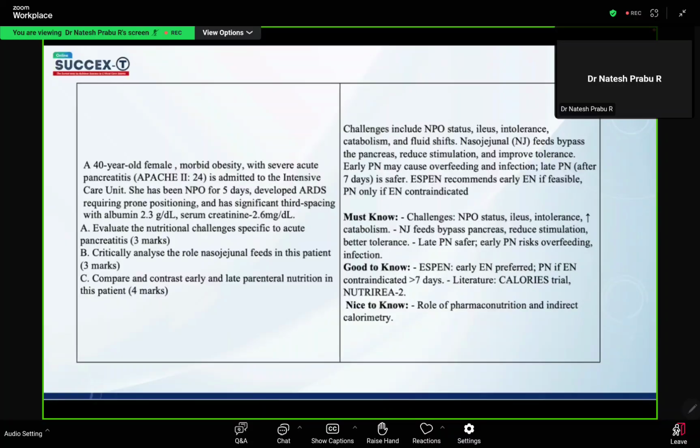Normally, whatever intervention we do in ICUs, like antibiotic